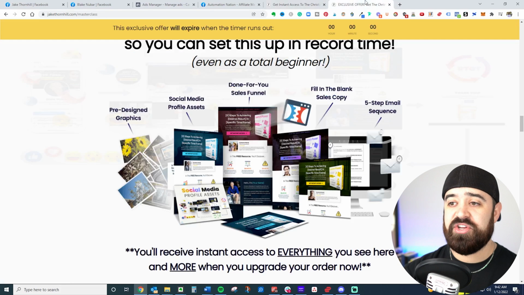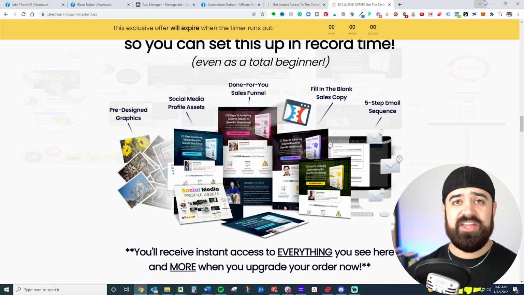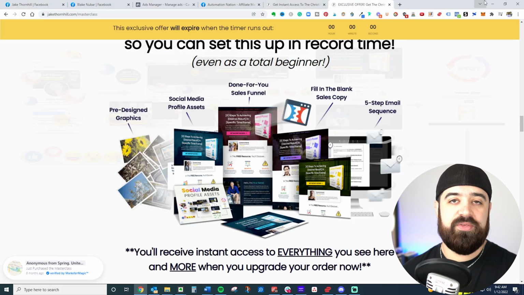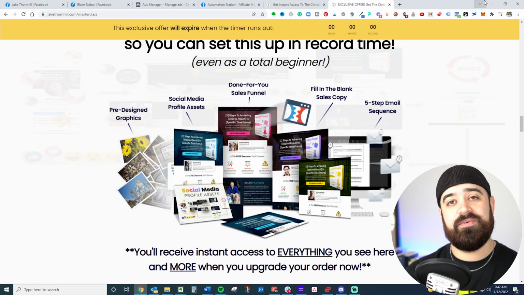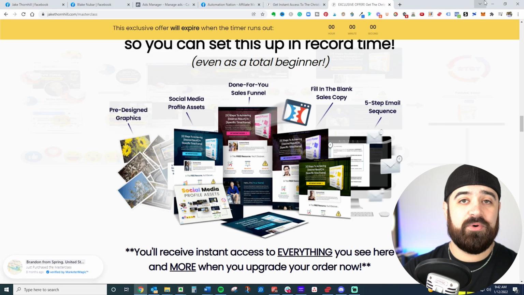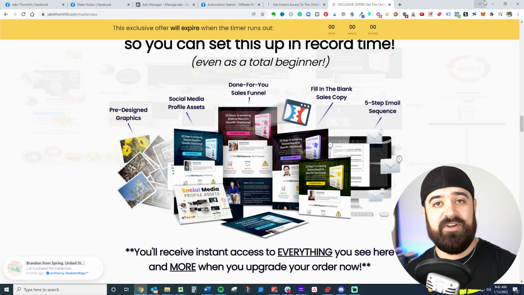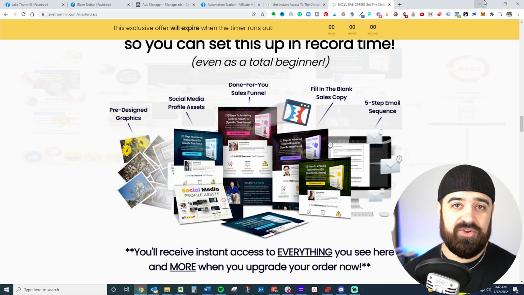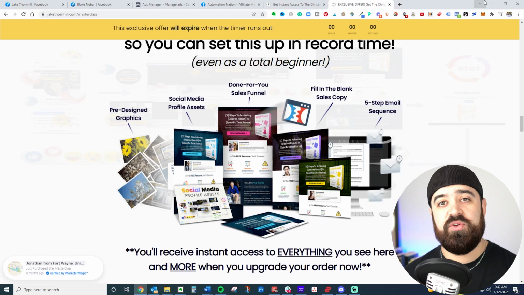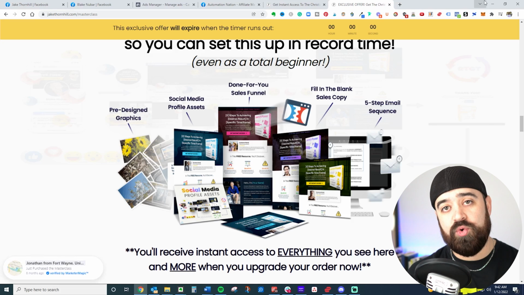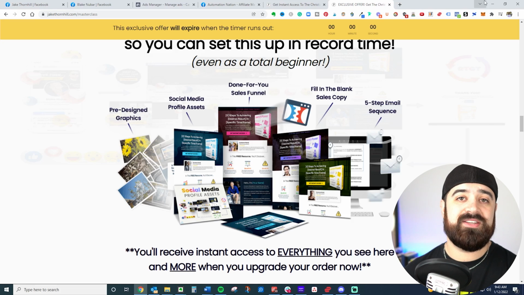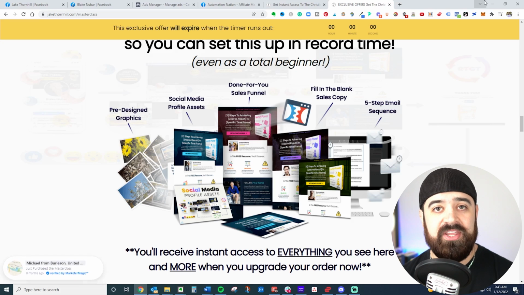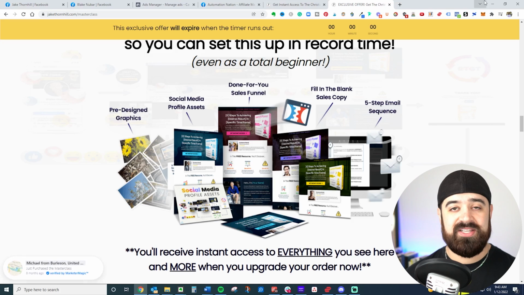So guys, hopefully that helps. These are 5 different ways to drive traffic with Facebook. You can do direct messaging, you can do Facebook ads, you can do Facebook groups, creating your own and developing that audience. You can do consistent posting. You really need to do that regardless of how you want to use Facebook. So you can do consistent posting in the group that you created, or you can do consistent posting on your own profile. And finally, the Christian Entrepreneur Lead Machine is a great way to collect those leads and to send